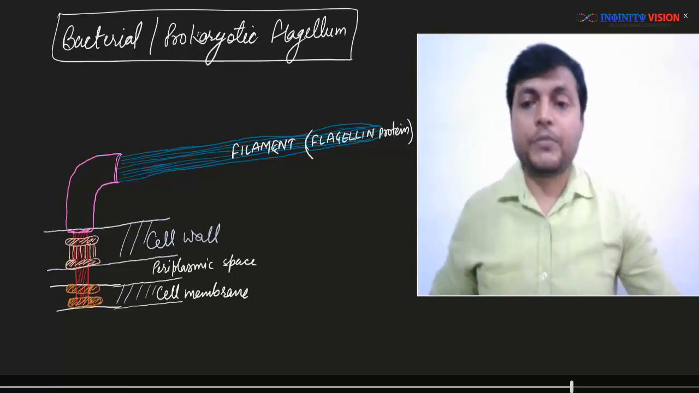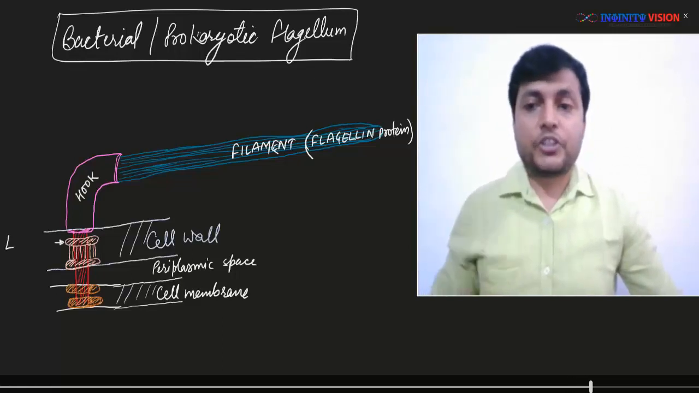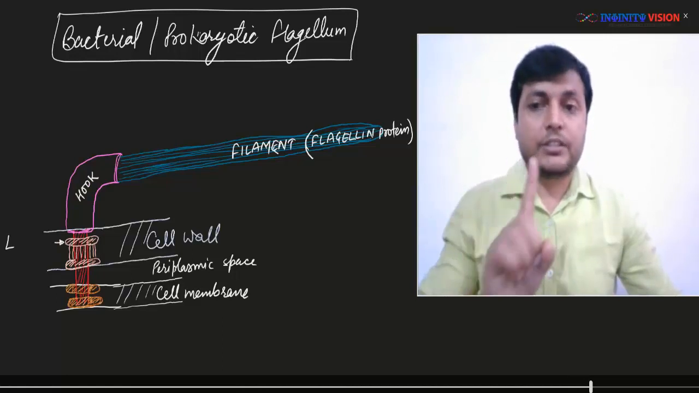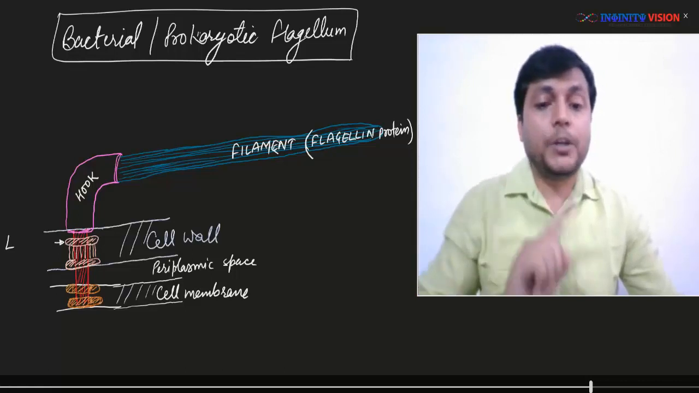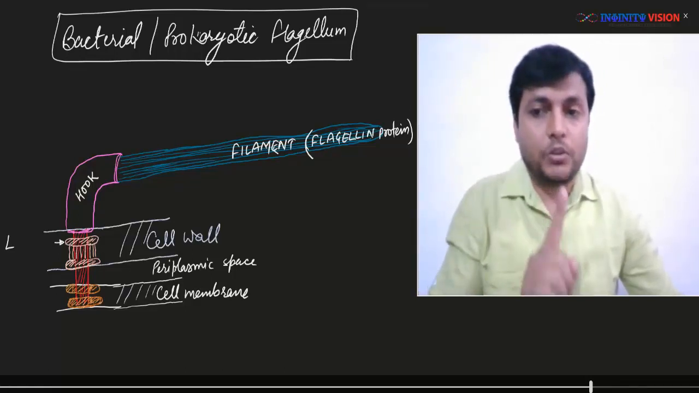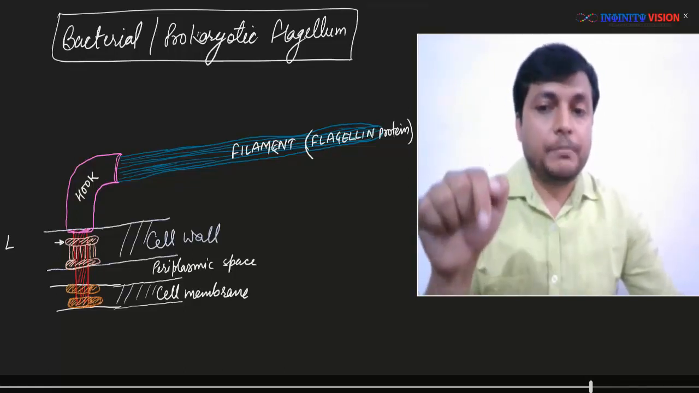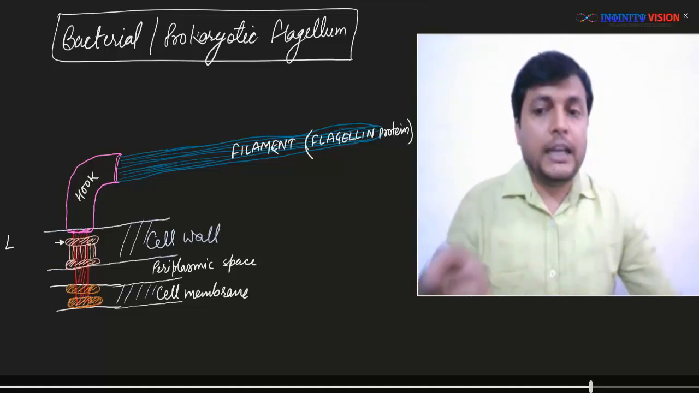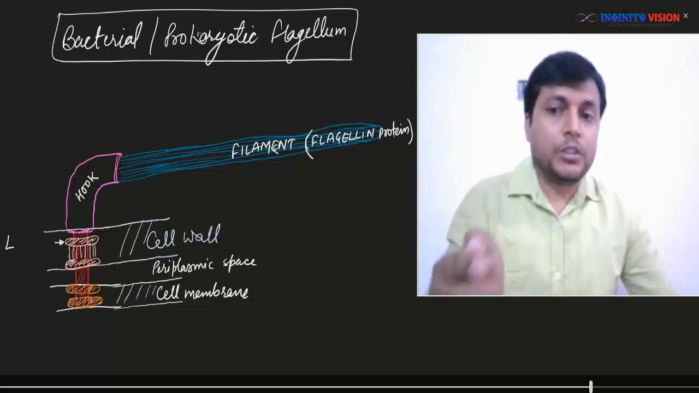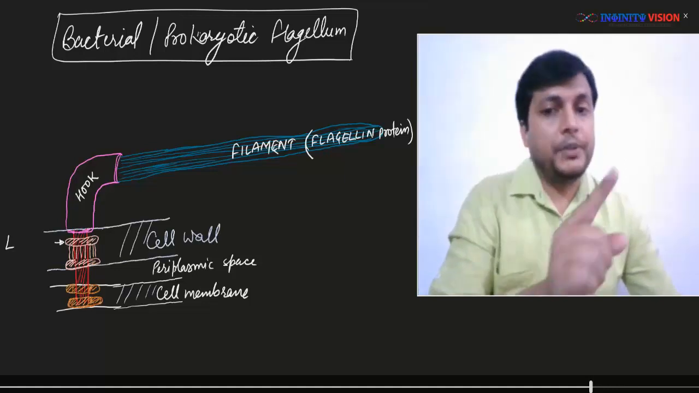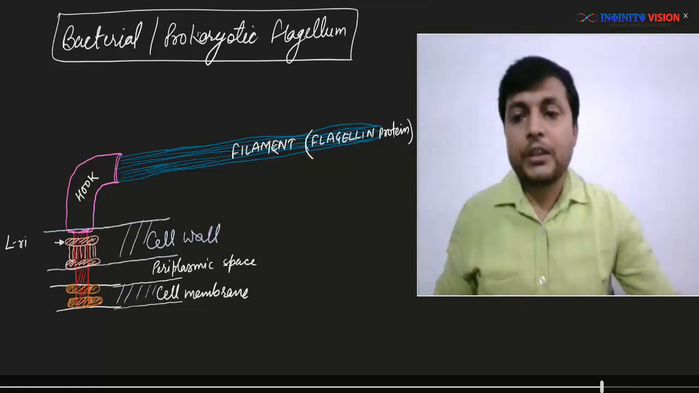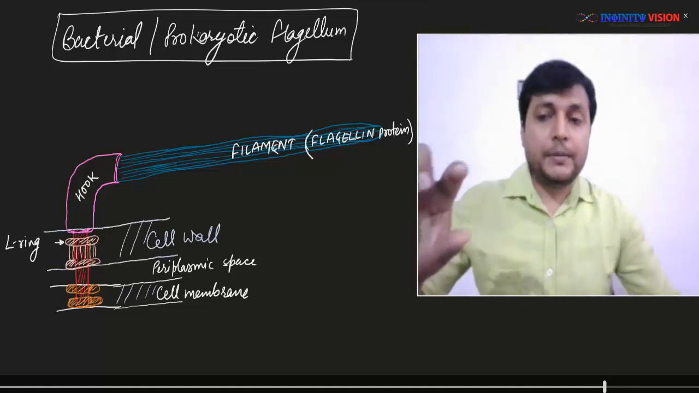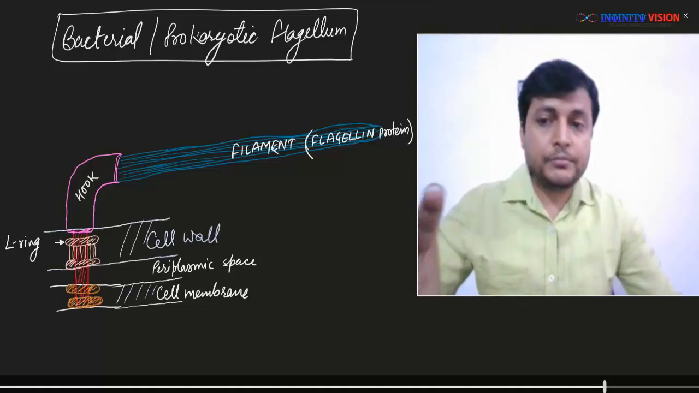Okay, great. Now, this curved structure is called hook. The curved structure is called hook and it is partially embedded into the cell wall. So hook is partially embedded into the cell wall and it is a curved structure. On the other end, what you find is filament. Now, when we see the portion of flagellum which is inside the cell wall and cell membrane,